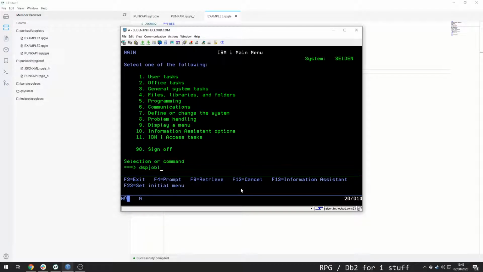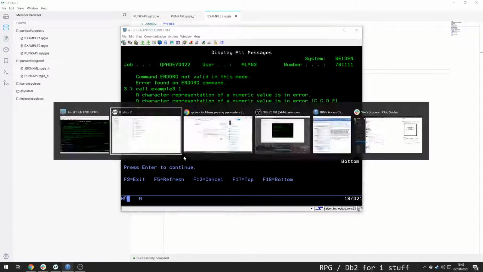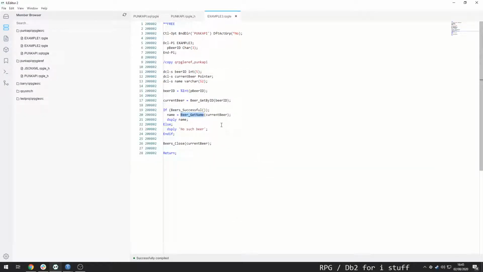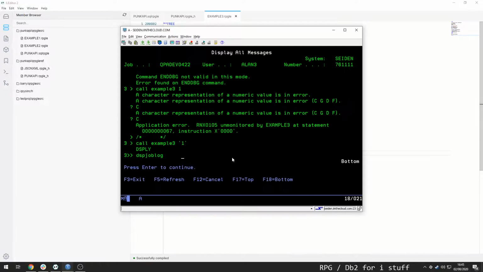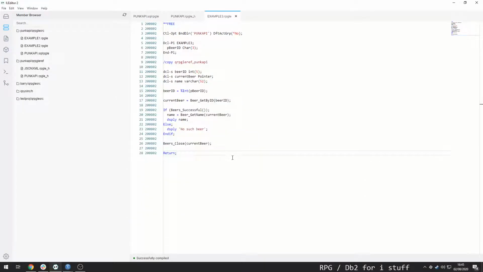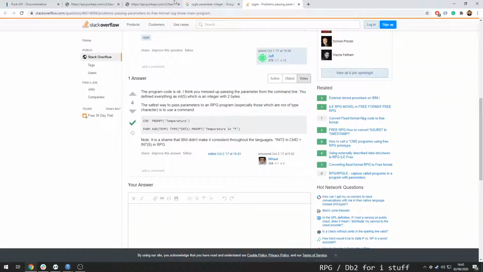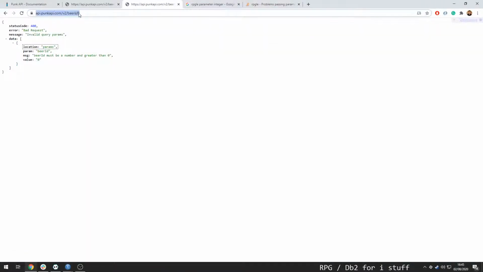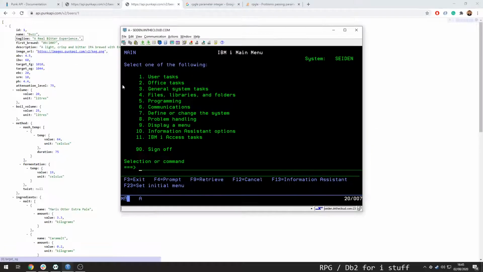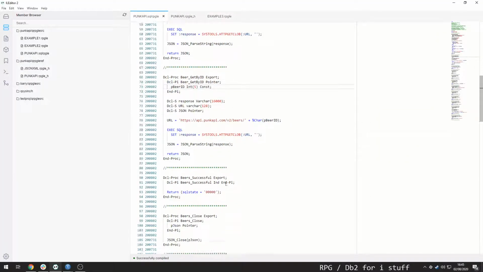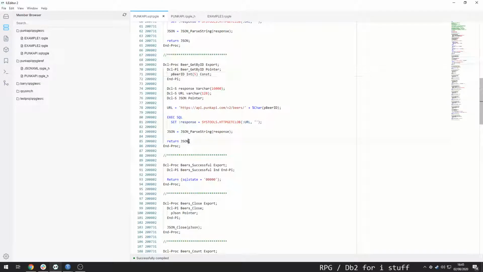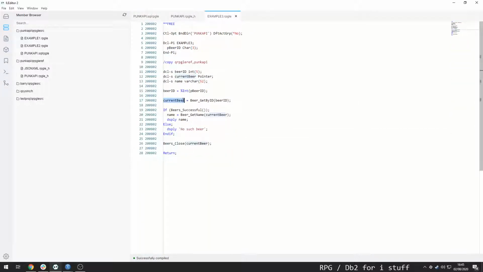Disk job log. Display blank. So we may actually have to look at the JSON, because oh, you know why? Because it still returns. If we pass in 1, it still returns an array. Okay, that's fine. So what we're going to do instead is say, while we do pass the JSON, what we actually want to do is, how do we do this? Because I don't want to cause any, what we'll have to do is say,